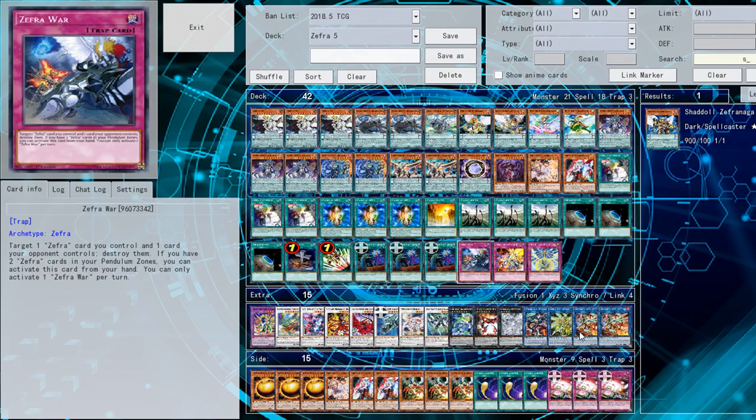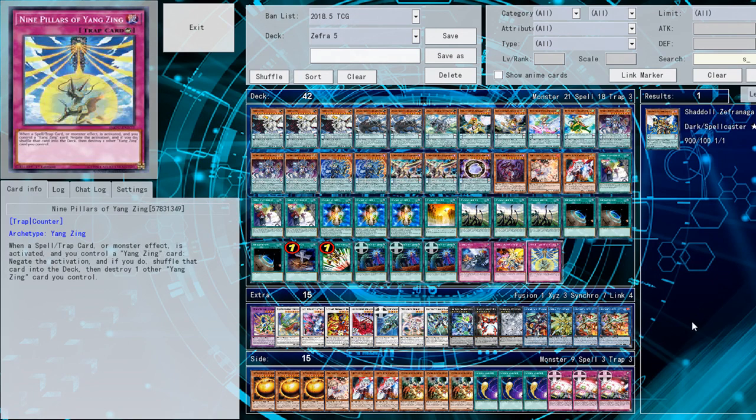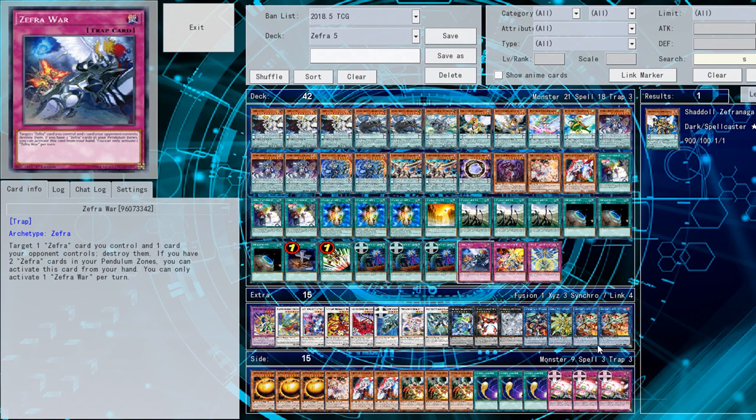Anyways, to finish the main deck off, we have 3 traps, pretty standard for a Zefra deck. We have Zefra War, Zefra Divine Strike, and 9 Pillars. So, well, let's start with Zefra War. Zefra War lets you target the Zefra card you control and 1 card your opponent controls, and it destroys both